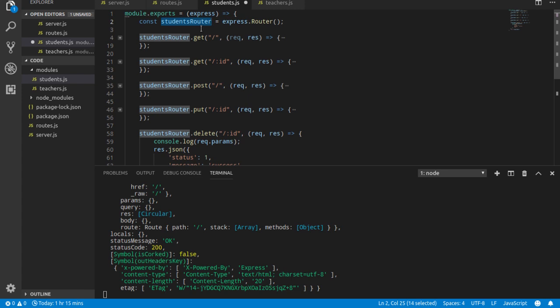So in a big project, it will make your code a bit clumsy and very difficult to understand. So always keep your routes, controllers, models, everything separate in case of different modules. So what I've done, I've created a router called students router, and here what I've done is took the